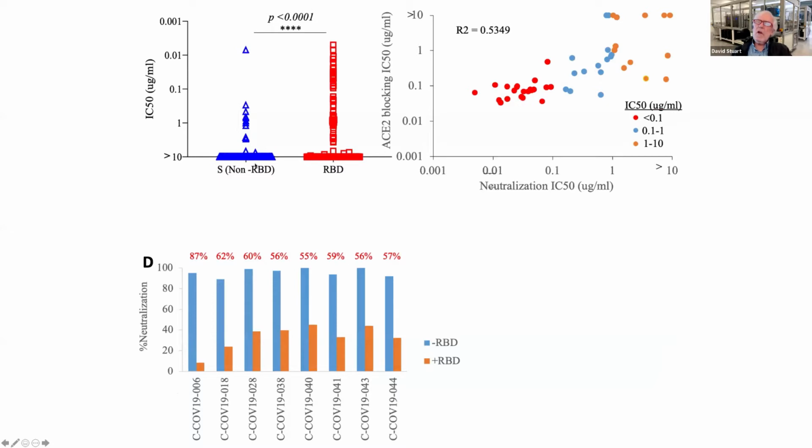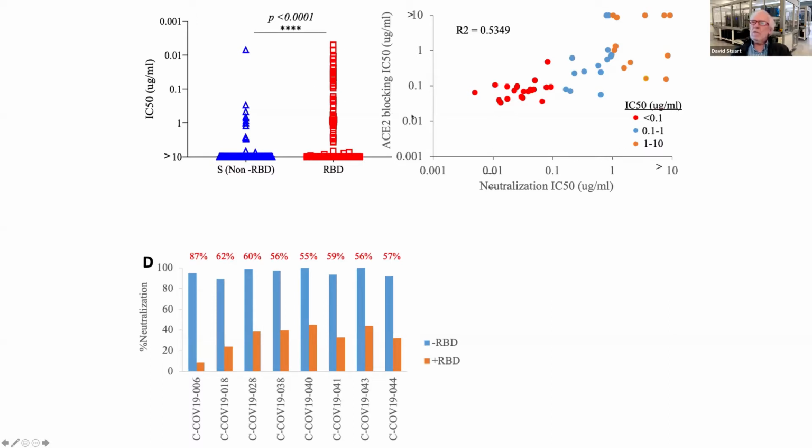So I've said that the large majority of the antibodies are not against the receptor binding domain. So 20% are against the receptor binding domain. But if you look here at the level of neutralization, this is potent neutralization as you go up, no neutralization at the bottom. And you can see that of the non-receptor binding domain antibodies, very few of them are potent. There's one that stands out here, which I'll come back to in passing, but most of them are not very potent, whereas a good number of the receptor binding domain